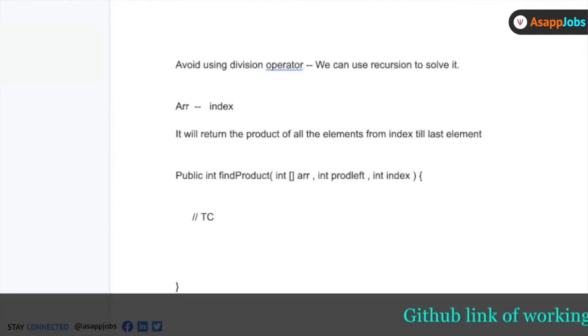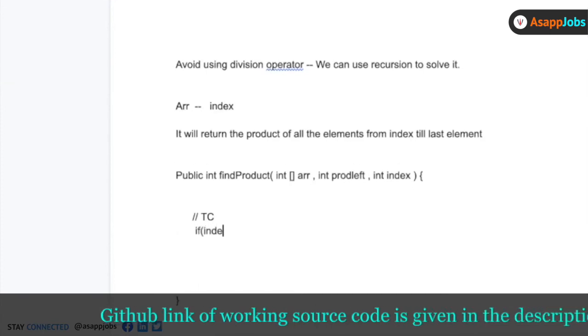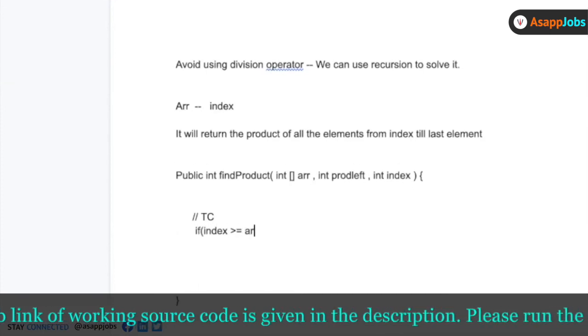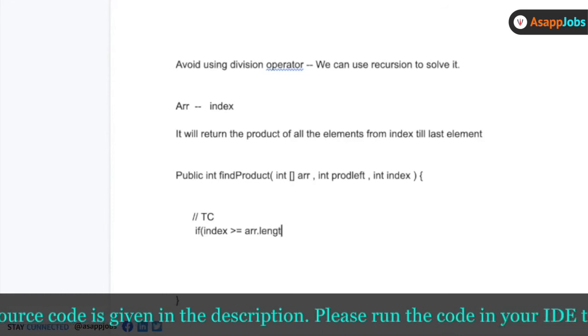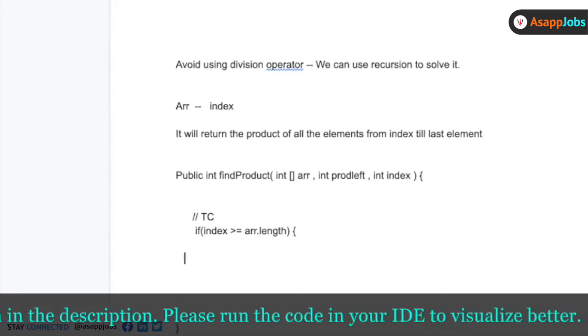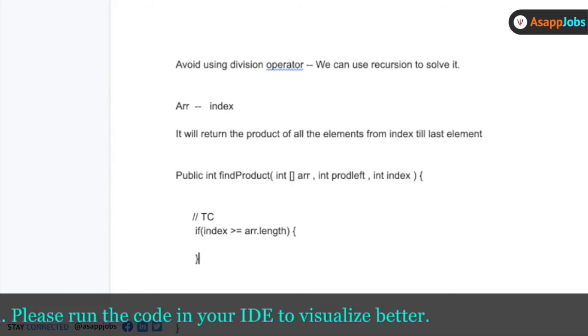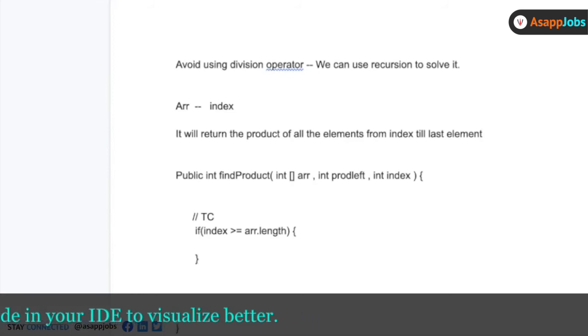So if index is greater than or equal to array.length, it means I've already gone beyond the last element of the array, and in that case you do nothing but just return one.